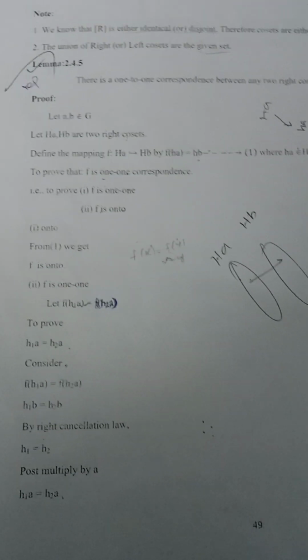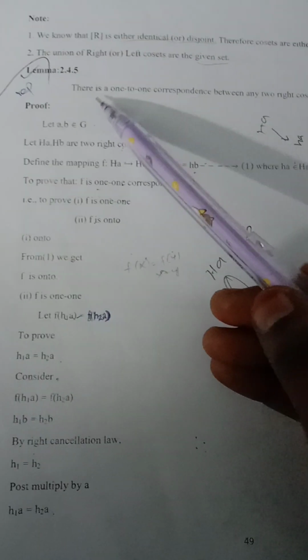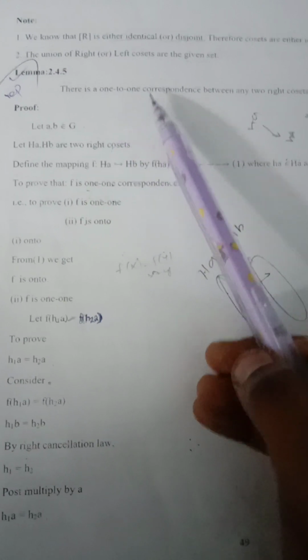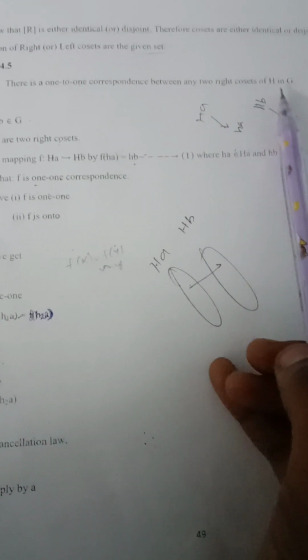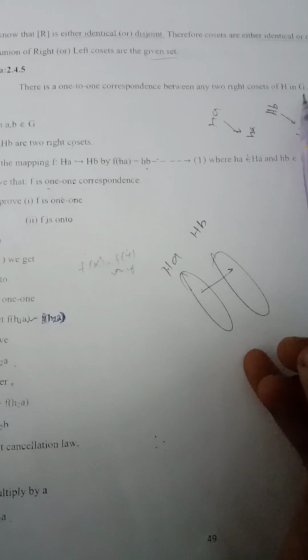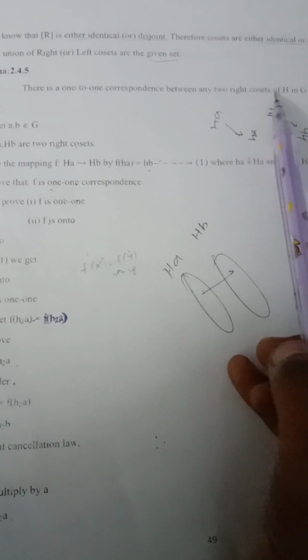Everyone, today we are going to see about Lemma 2.4.5. There is a one-to-one correspondence between any two right cosets of H in G. So G is a group and H is a subgroup, and the two right cosets of H are nothing but